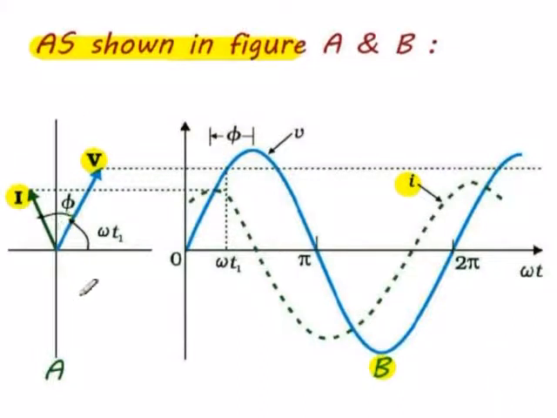As you can see, I has moved to the second quadrant while V continues to be in the first quadrant. And the angle between V and I is phi. That implies that the current leads the voltage by a phase of phi. Now, as you can see in the graph, the maximum is reached by the current at an instant earlier than the voltage reaching the maximum. In other words, current leads the voltage by a phase of phi as shown here between the two maxima.